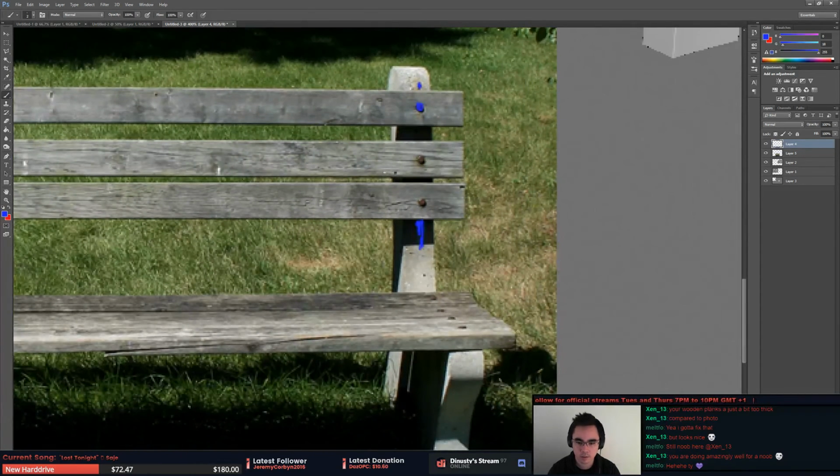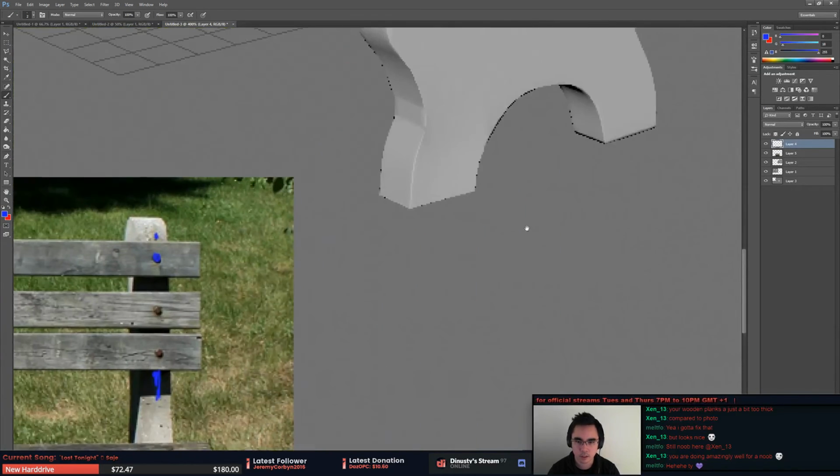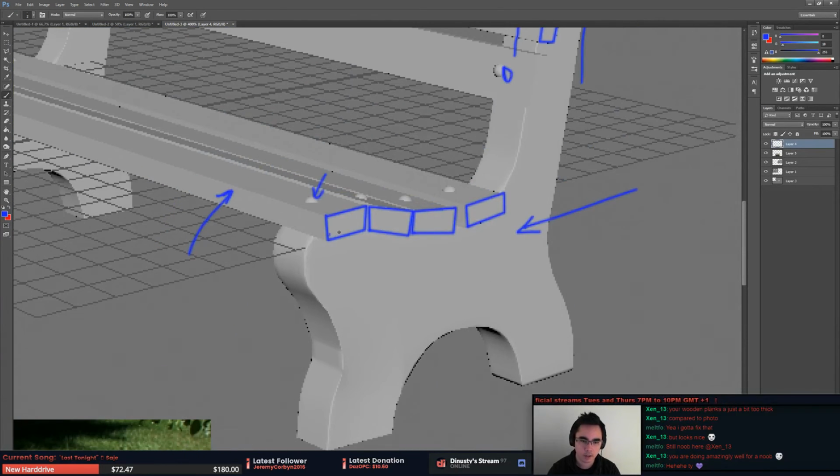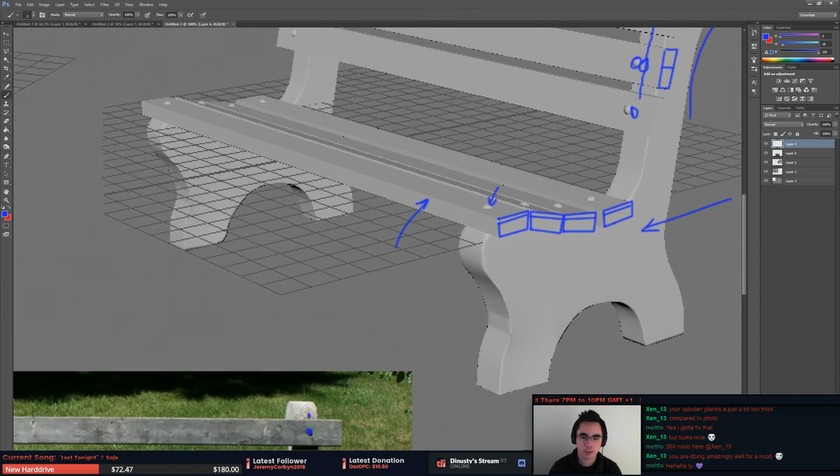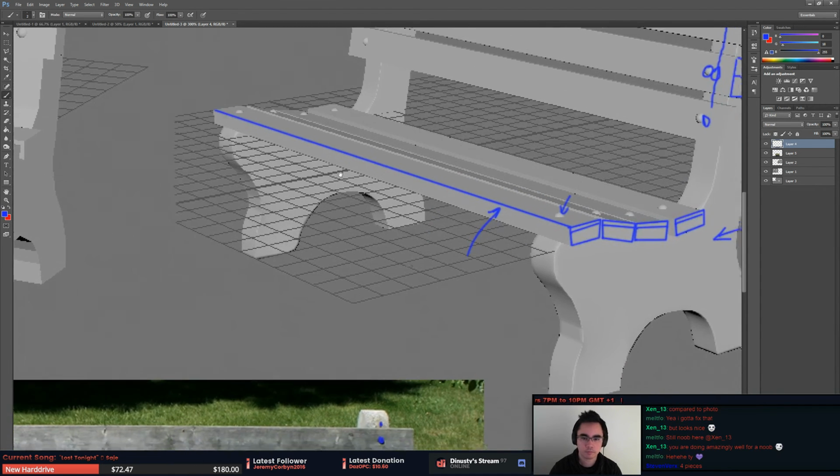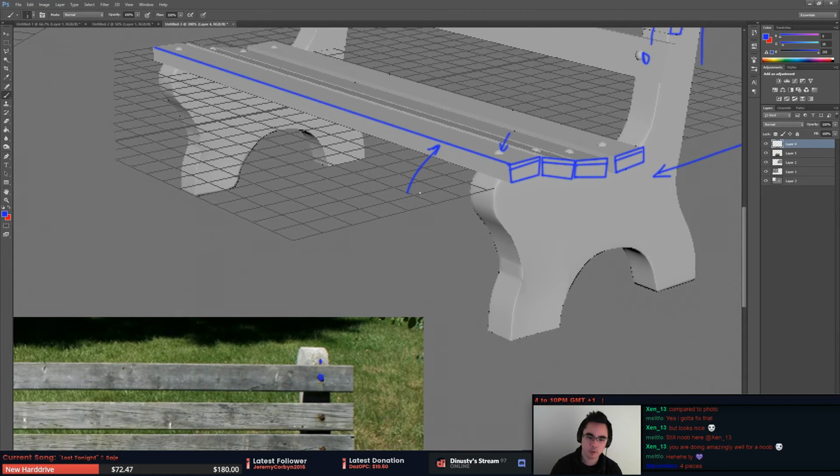And your stuff is probably just a tad too thick. So maybe take the top and lower it by maybe that much. And then this straight line here, make sure when you build your high poly,